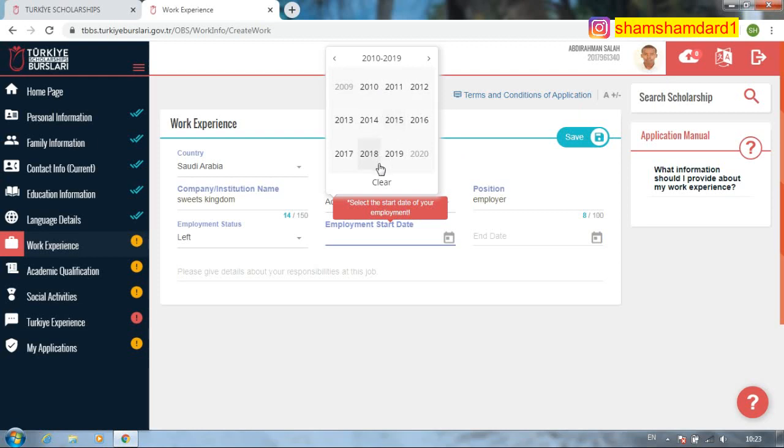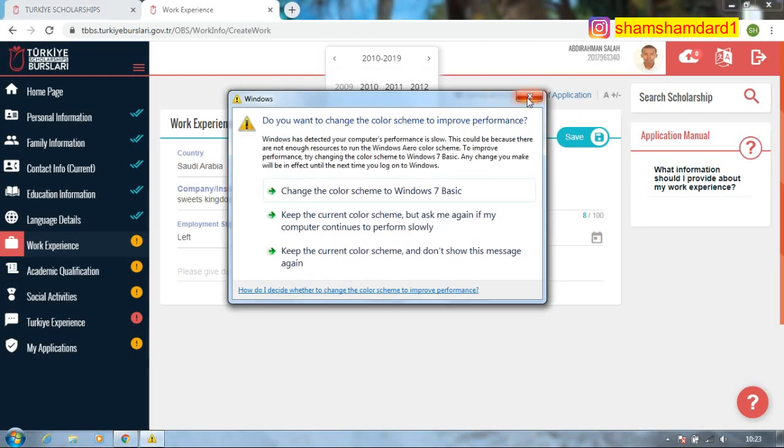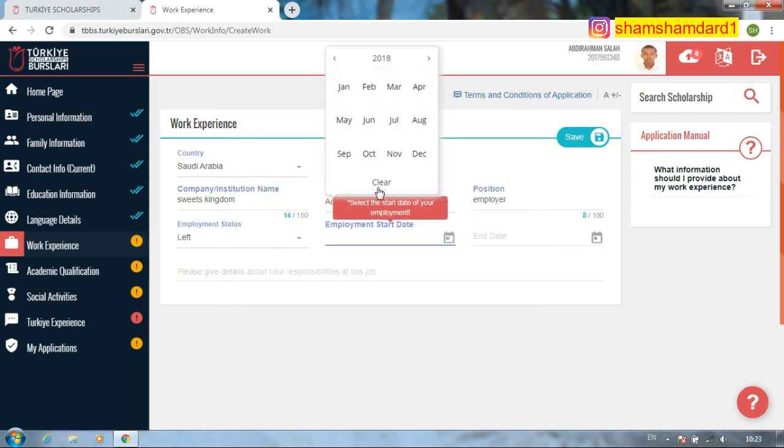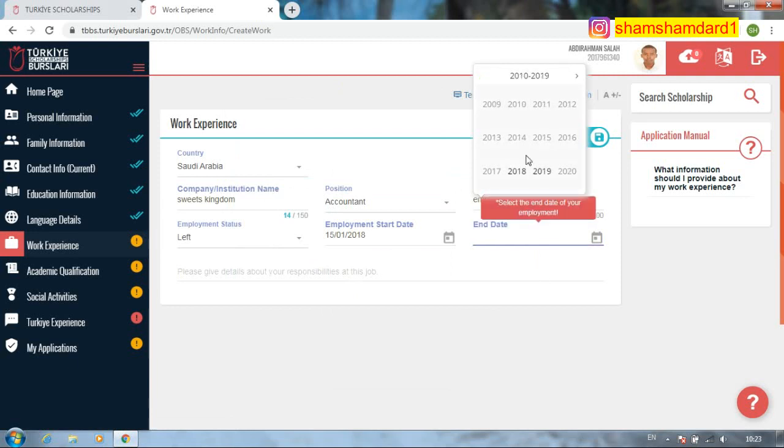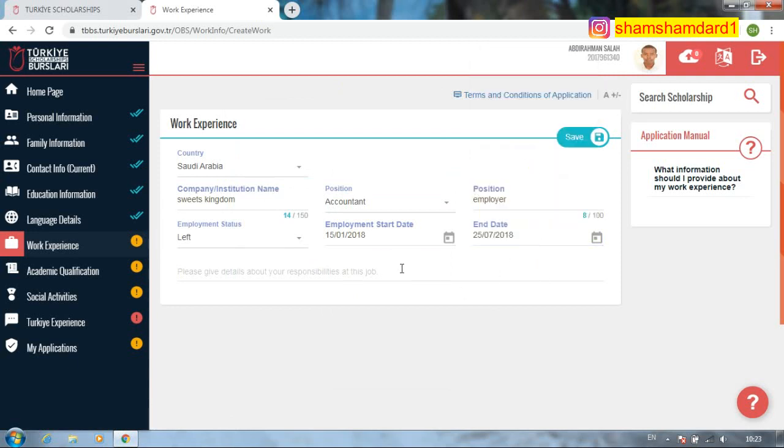If you select that I'm already doing it, then they will just want your starting date. But if you select that I left, then you need both starting and finishing dates. So I selected the starting date, and now I'm selecting the finishing date. So I selected the finishing date,